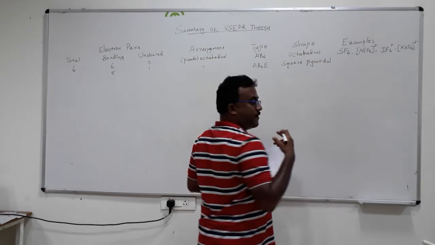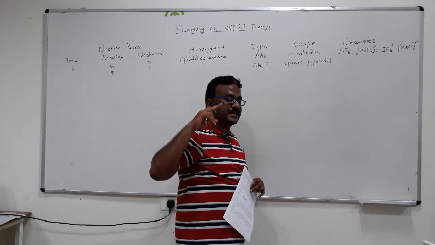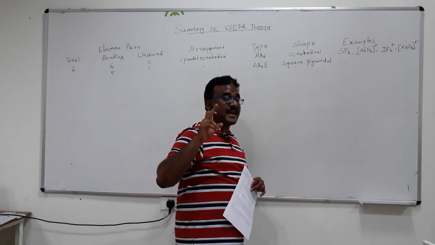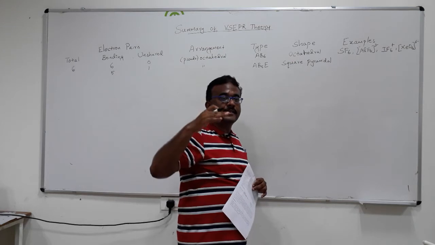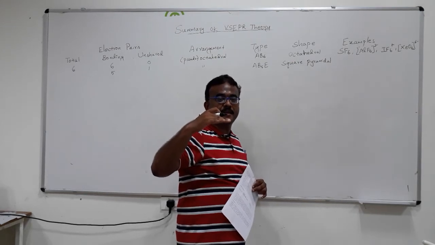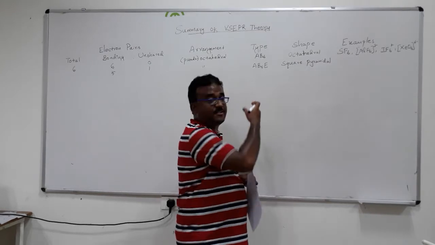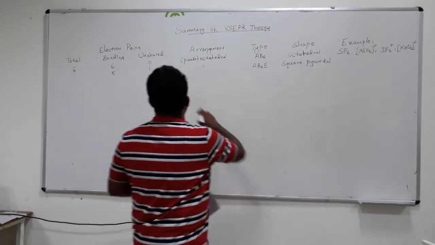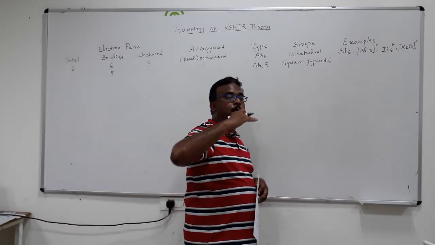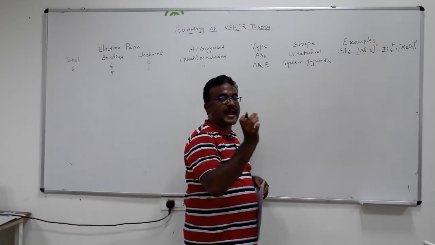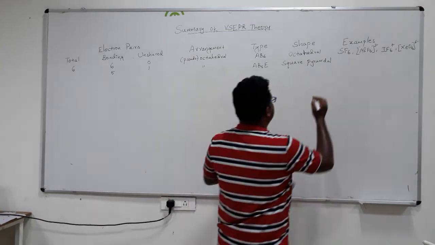In the case of 5 bonding electron pairs, we have seen one other example of square pyramidal, but it does not have unpaired electrons. So the bond angles will be exactly 90 degrees, as you can expect between axial and equatorial bonds, but in this case it will be distorted. Why? Because there is the presence of one unpaired electron, which causes more distortion. Like that, the bond length also will be changed. I already said that I will explain the bond length again.